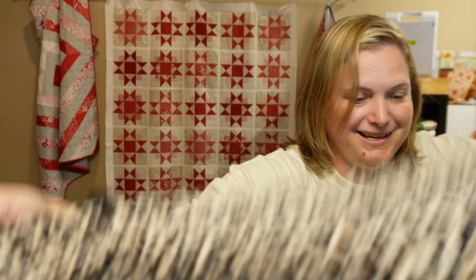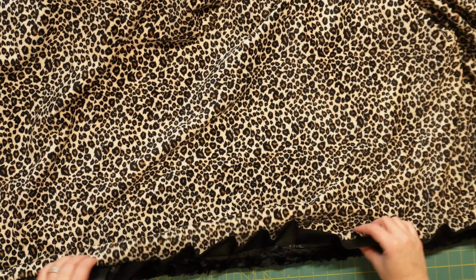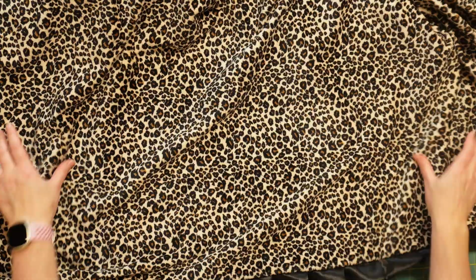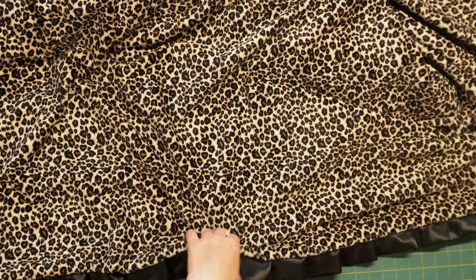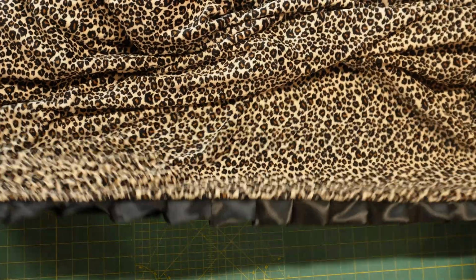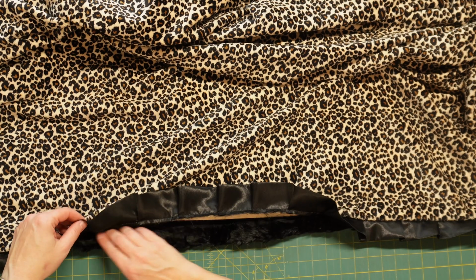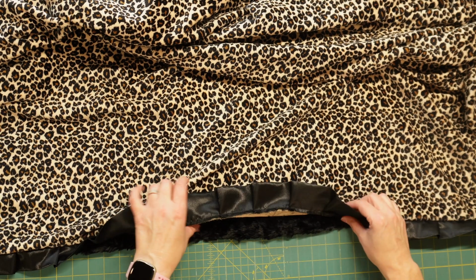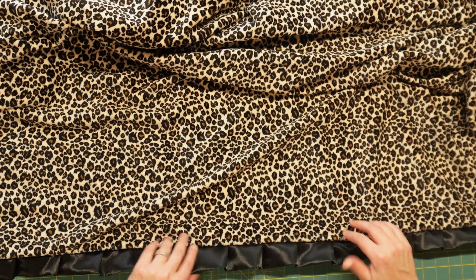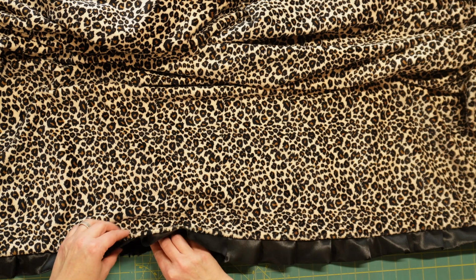All right, let me show you how I'm going to finish this off. Oh, this blanket is so heavy. All right, so here is the open area. And the nice part is, if you get it nice and straight, the fabric will just kind of want to lay where your natural seam allowance is. So once I get it nice and even,